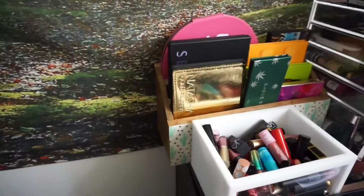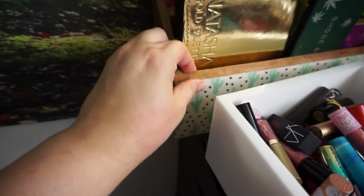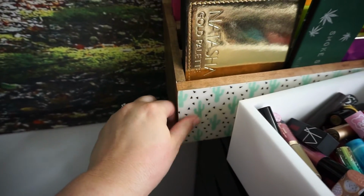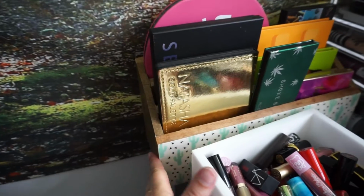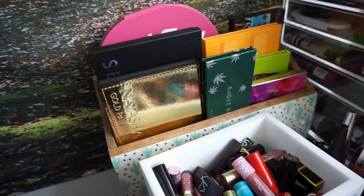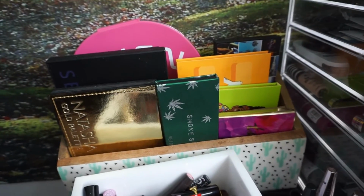Then I have another little case here. I think it's just so super cute. I think it's like a mailbox or something. I got it at like HomeSense or something, but I like the little cactuses. So I have the palettes that I want to devote a little bit more time to in here, just because